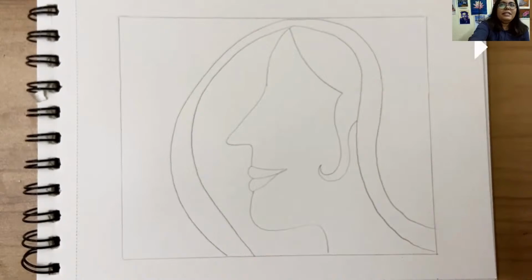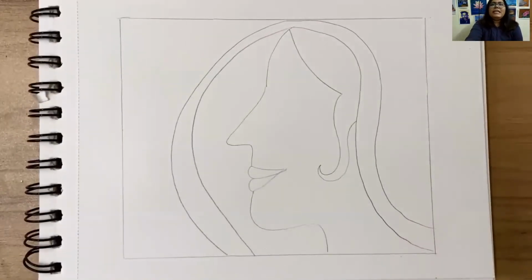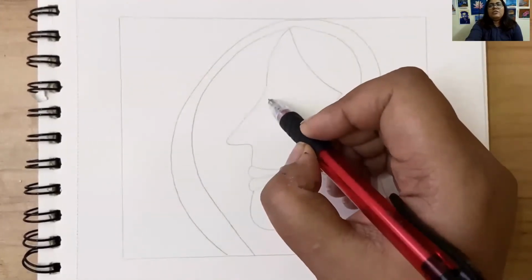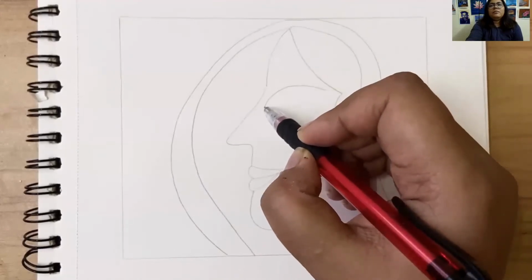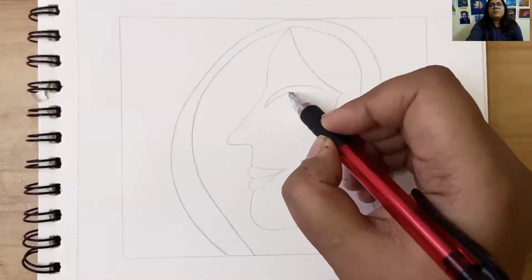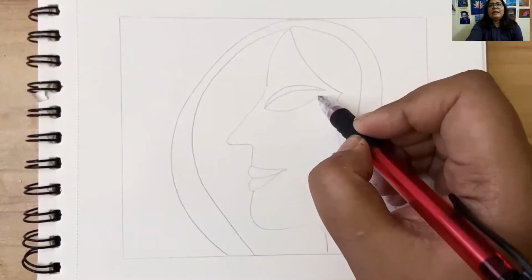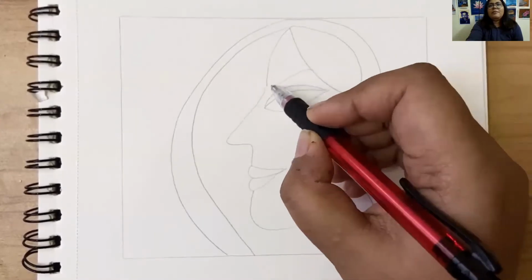So now the final thing, we'll draw the eyes. So since our eyes need to be large, we'll just erase off a bit of the hair and we'll make some space for the eyes. So let us draw the eyes. We'll first draw the eyelid like this,